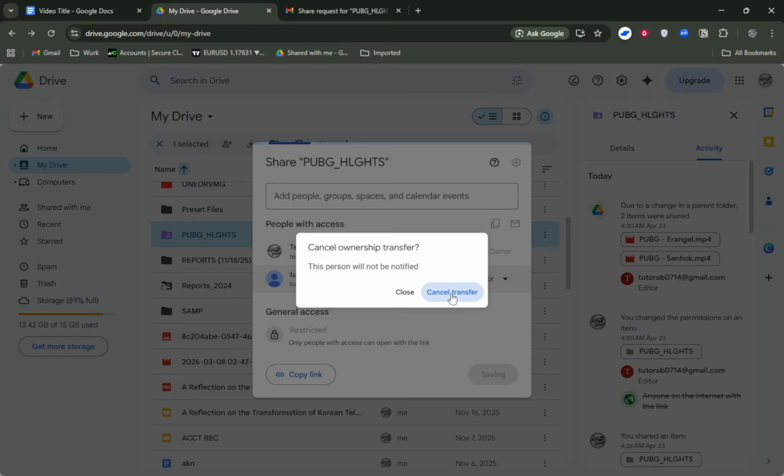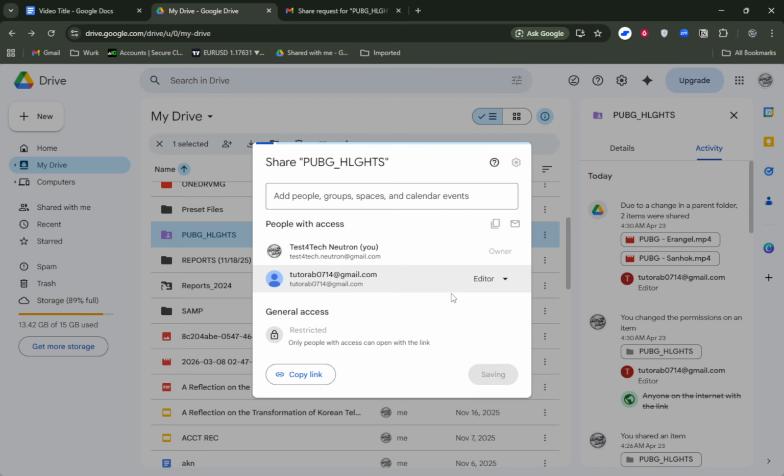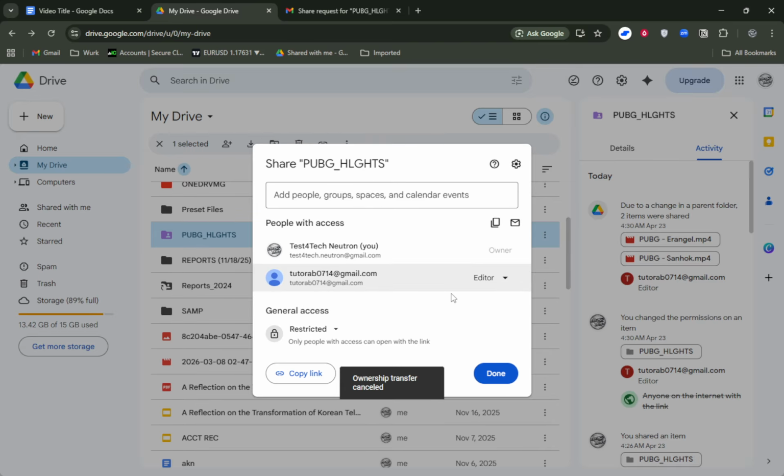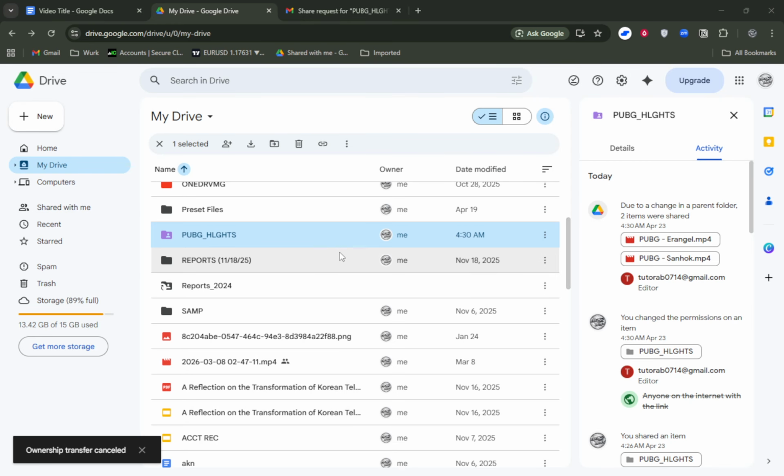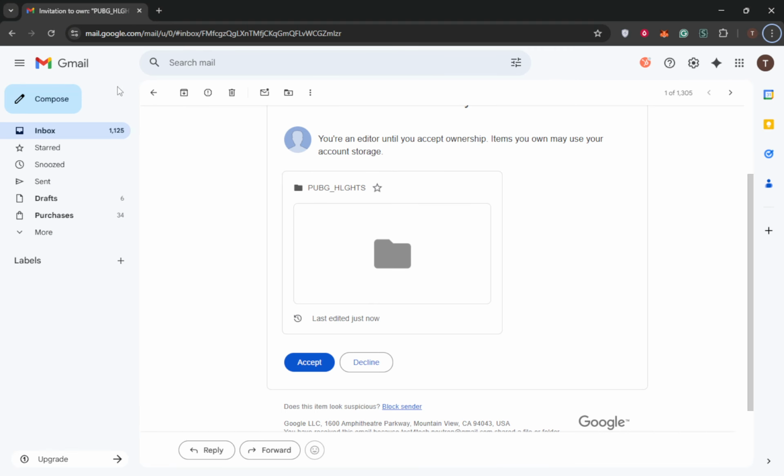That's the complete process. To recap the essentials, you can cancel only before acceptance, you can't reverse it after acceptance, and the Share menu is where you manage everything. Follow these steps promptly, and you'll be able to stop an unwanted transfer in